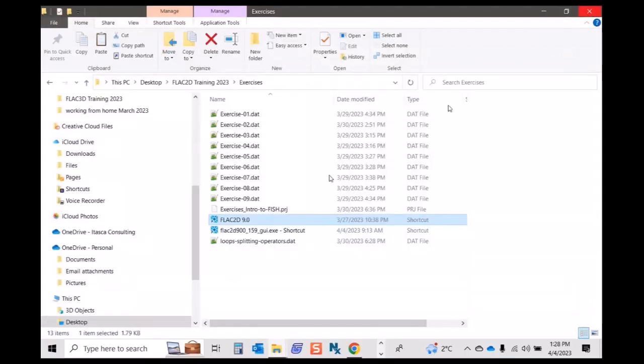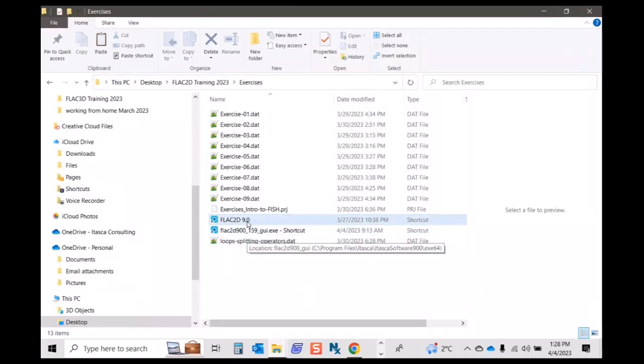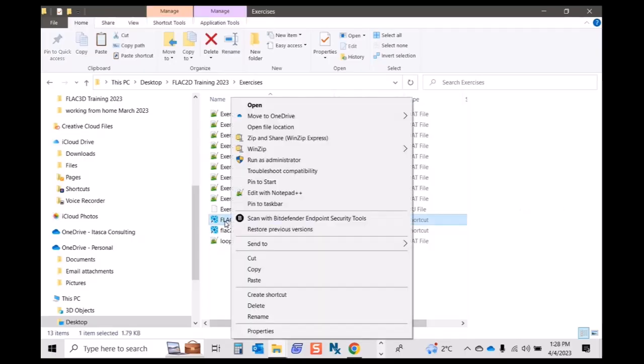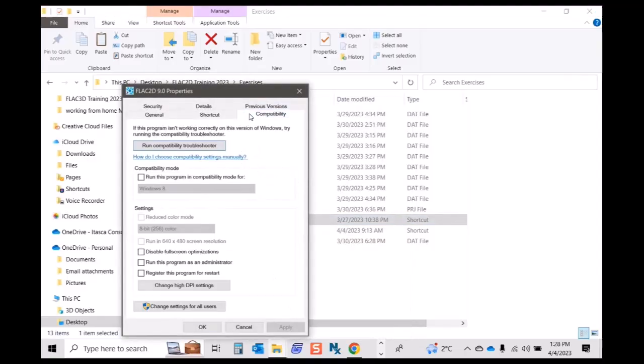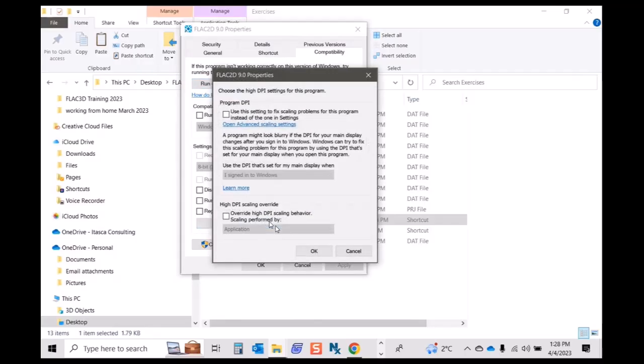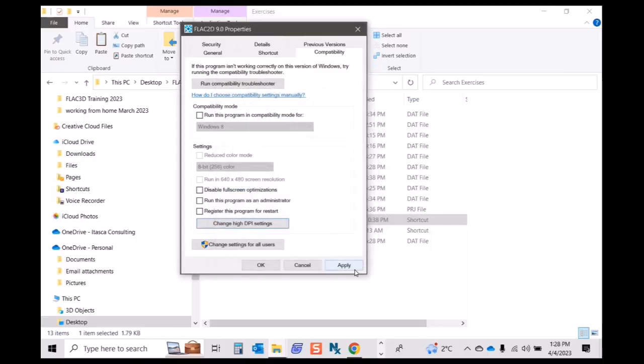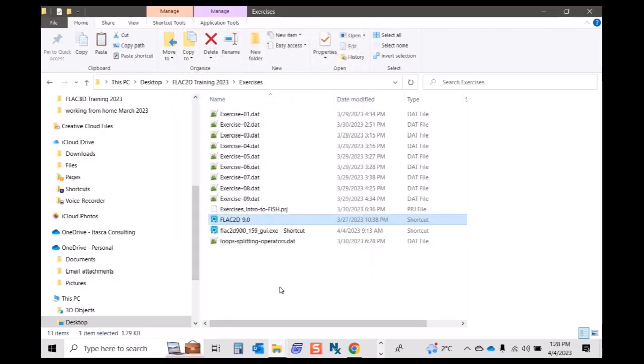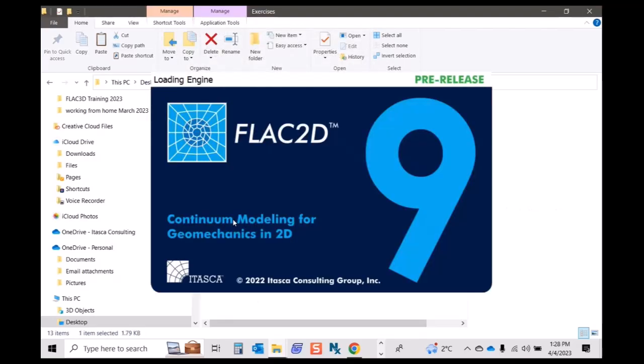So I'm going to exit out. It is in part to do with the way I've invoked this. But if you right click on the shortcut, the executable file, under properties, there's a compatibility tab. And it all has to do with these DPI settings. So I'm going to change that. I'm going to override it from the application to the system, to Windows. OK, apply. OK. And hopefully, when I start it up now,